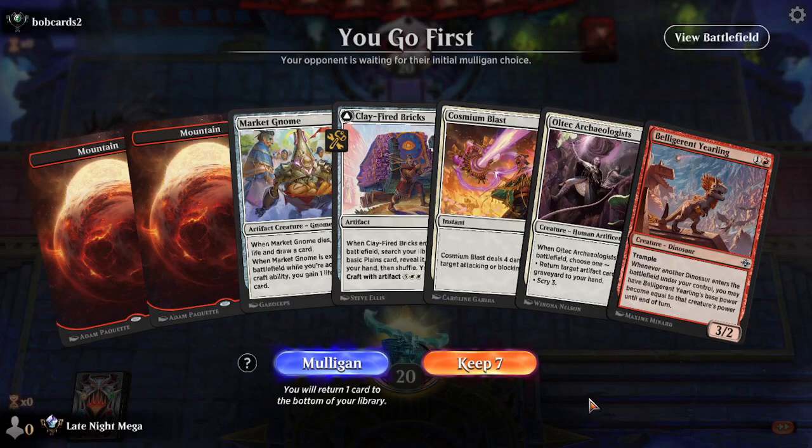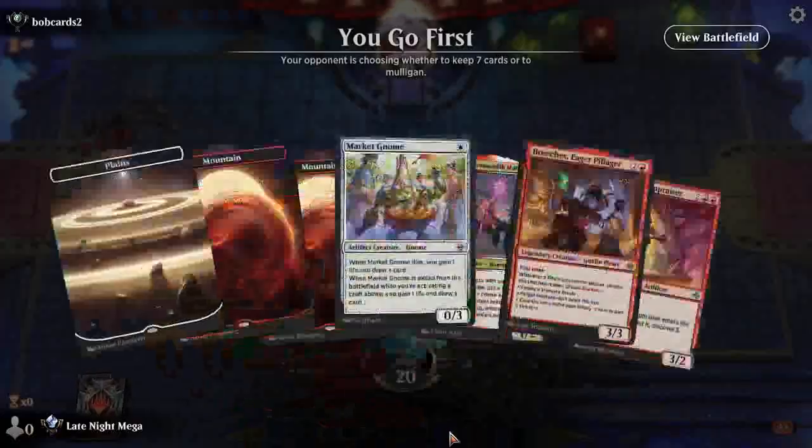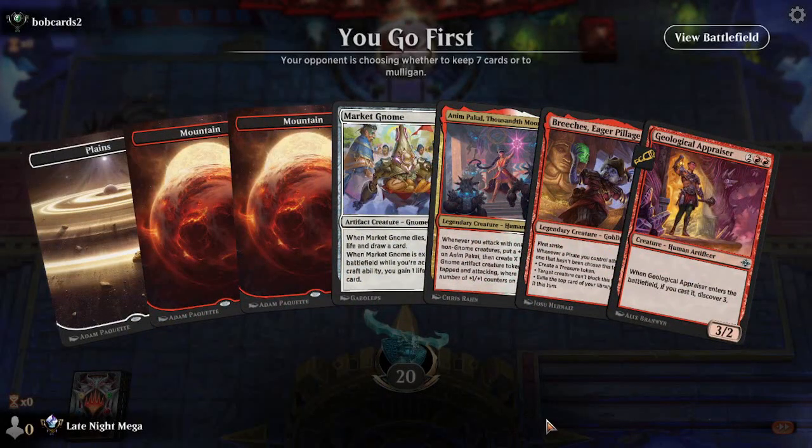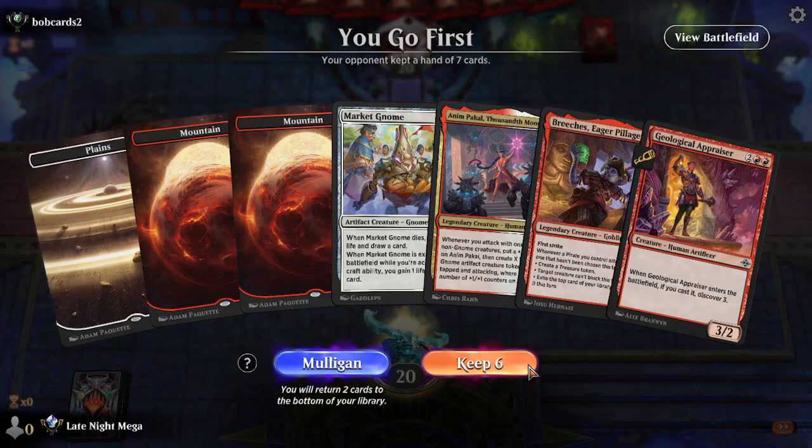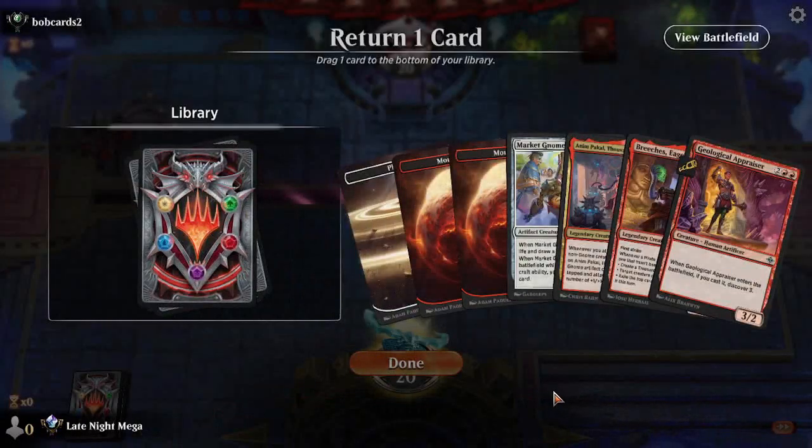Well, here's a problem. Clay Fried Bricks gets us a Plains, but we need a Plains to get it. We also go first. I don't like it. We can only play one card. I like this a lot more. A lot more. Unfortunately,